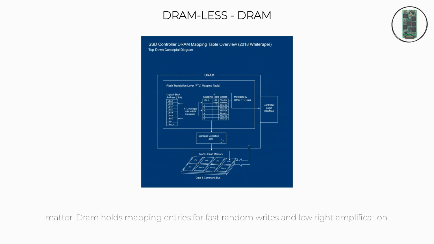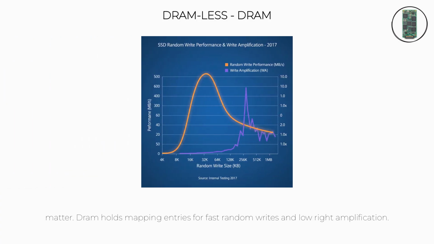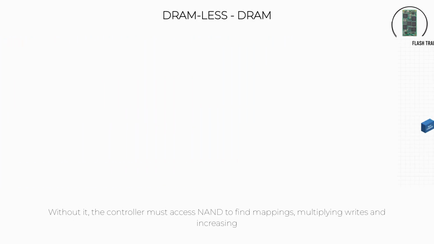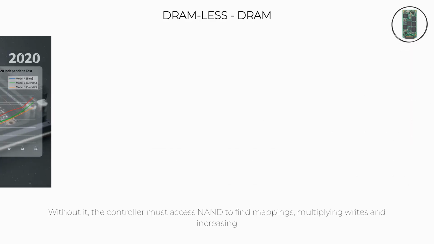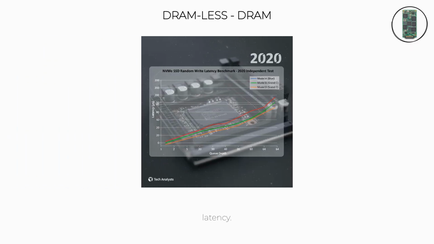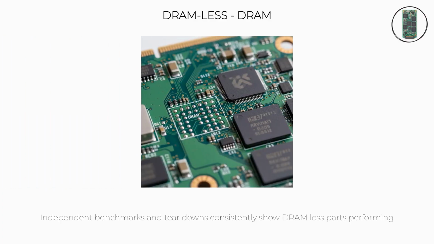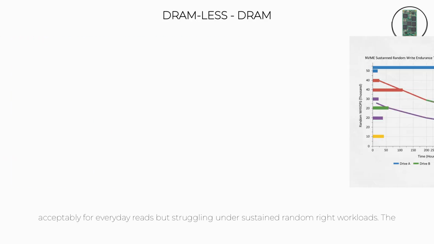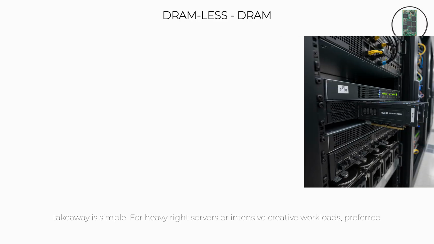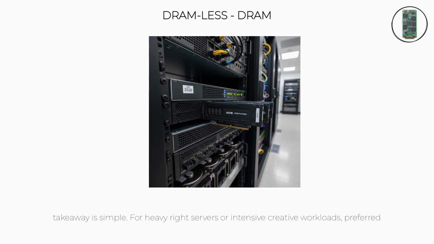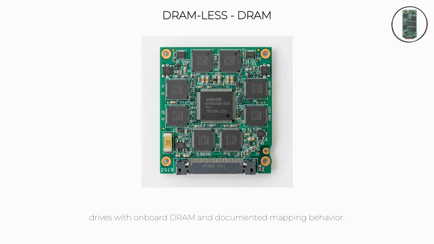The mechanics matter. DRAM holds mapping entries for fast random writes and low write amplification. Without it, the controller must access NAND to find mappings, multiplying writes and increasing latency. Independent benchmarks and teardowns consistently show DRAM-less parts performing acceptably for everyday reads, but struggling under sustained random write workloads. The takeaway is simple. For heavy write servers or intensive creative workloads, prefer drives with onboard DRAM and documented mapping